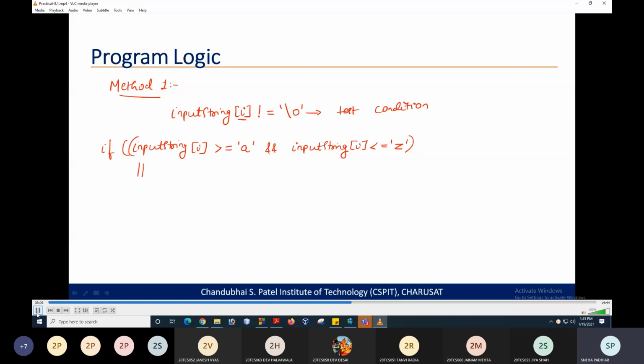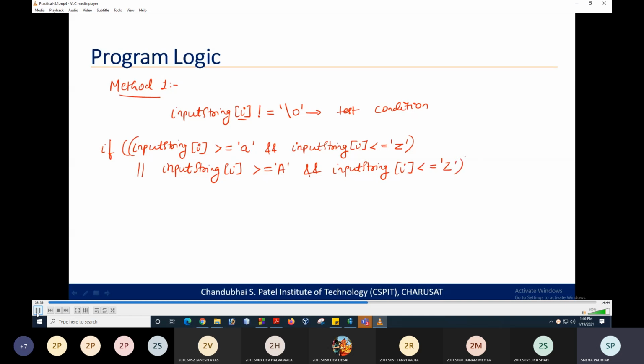It can be either small a or capital A, or in between A to Z it can be any uppercase or lowercase letter. So this will be input string of I greater than or equal to capital A, and input string of I should be less or equal to capital Z.